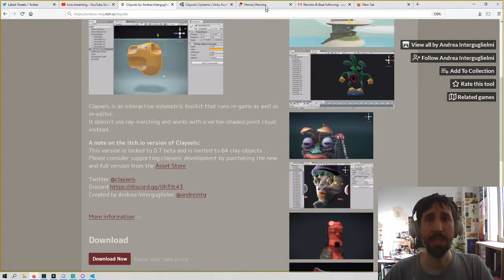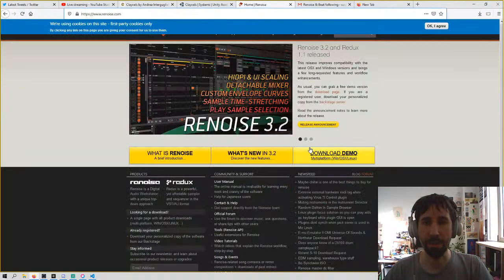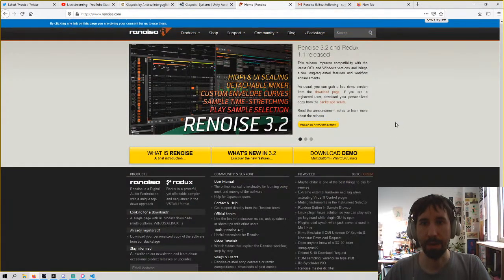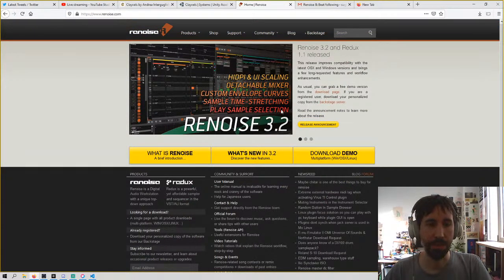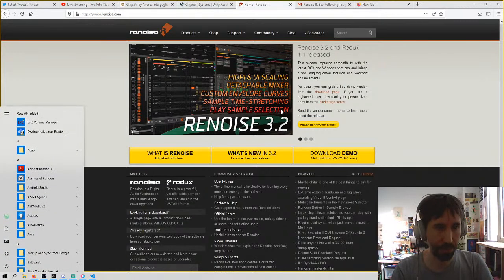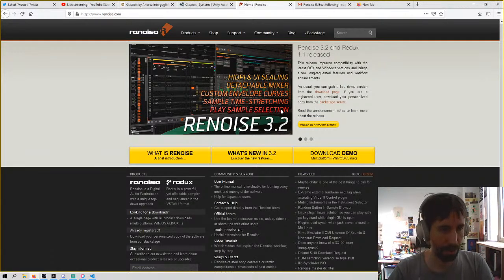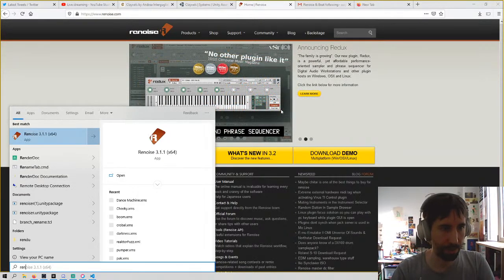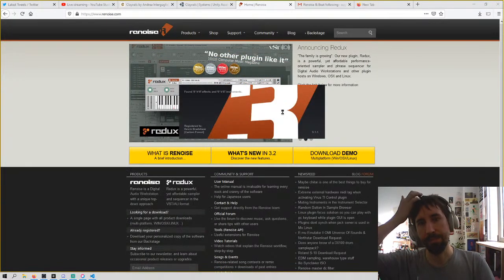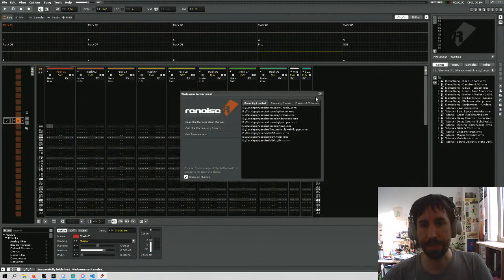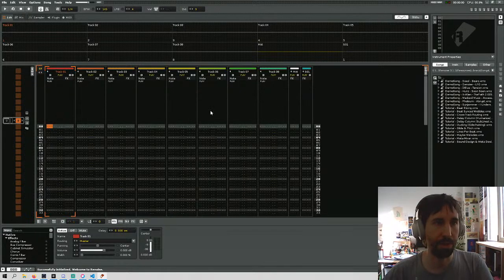The other thing I'm using that's a bit more expensive for the full thing is Renoise. This is music software. I should actually probably open that up. Do I actually have it installed here on this computer? Yes, I do. Renoise is music software, so it's a tracker. So if you've ever used something like LSDJ or